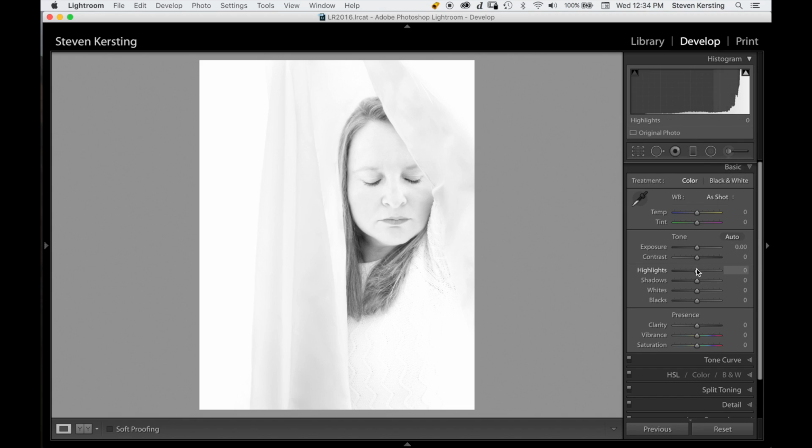What I'm going to do here is pull highlights down. I'm going to pull whites down until I get it free of the side there. And then I'm going to bring up the overall exposure, pushing it back towards that high key feeling. So here's before,